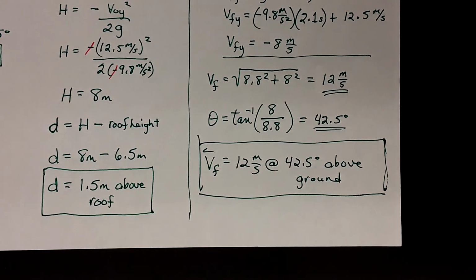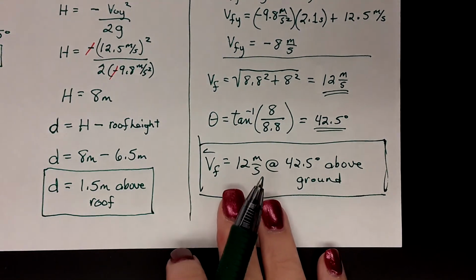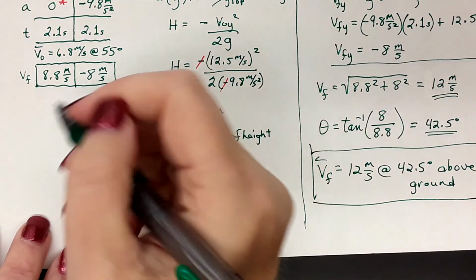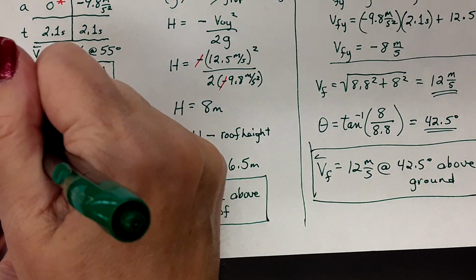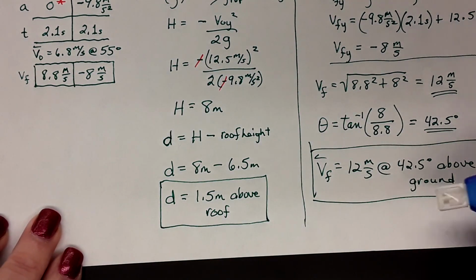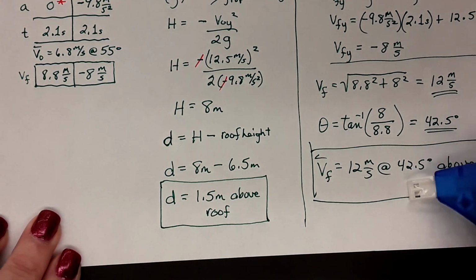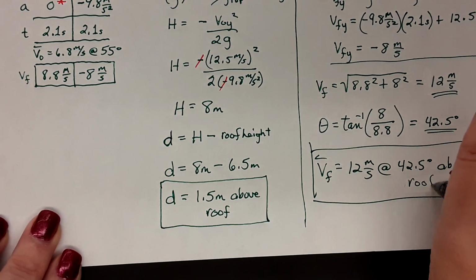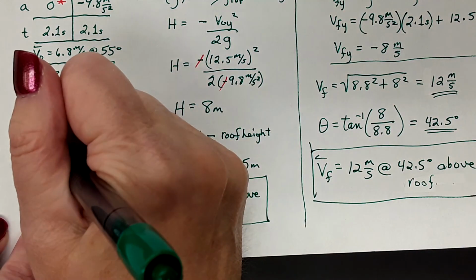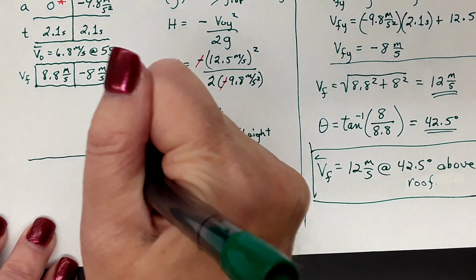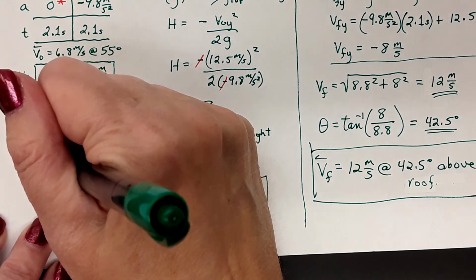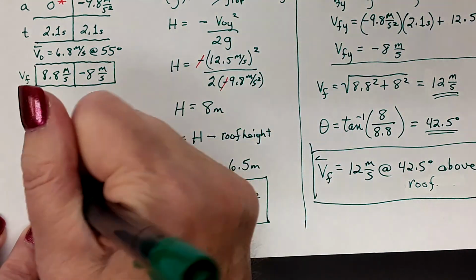Whoops. Okay, there you go. Sorry. In fact, if you want to see the triangle, I can draw it right over here so you can see about that ratio if you're not sure. So here, no, that should be above the roof, not the ground. It hit the roof. I'm sorry. I'm going to put roof right here, guys. Above roof. Okay. So when it comes down and strikes the roof, it has a final velocity at some angle,